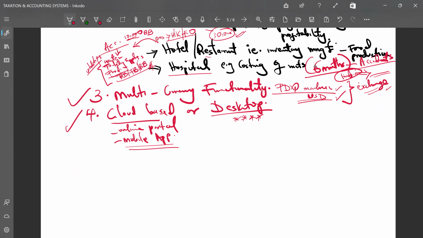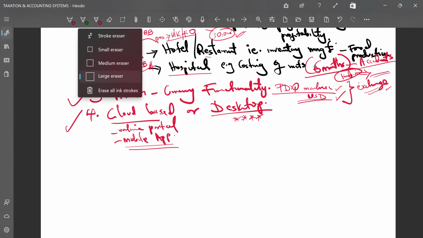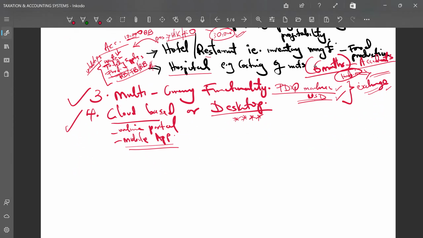Desktop-based is working on a computer that is domiciled in your premises, in your business premise. But then, I want to go to an extent where I give you a very organized breakdown of these two. So let me just rub off this writing which I started giving here, so that I do it in a way that we all understand and we move together with it.